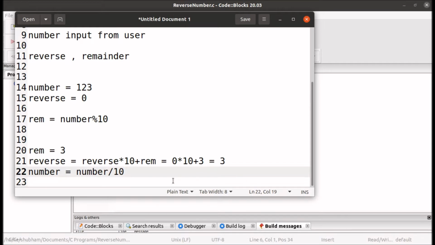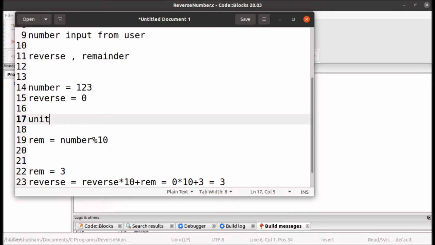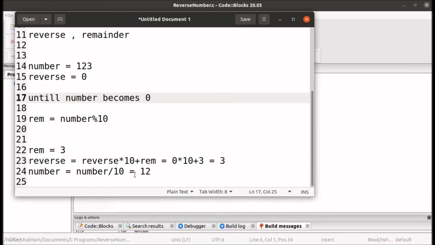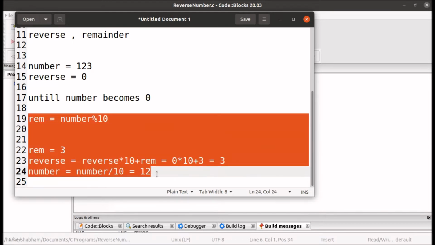So 123 divided by 10 is equal to 12. So our new updated value of number will become 12, and we will do this until number becomes 0. Now the value of number is 12, it is not equal to 0, so we have to perform these operations from line number 19 to line number 24 again.